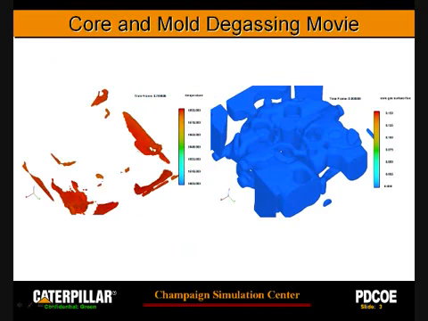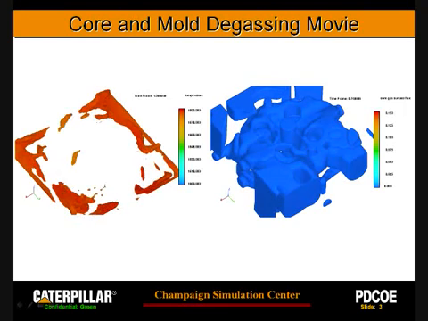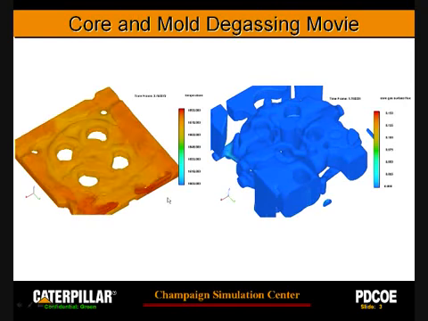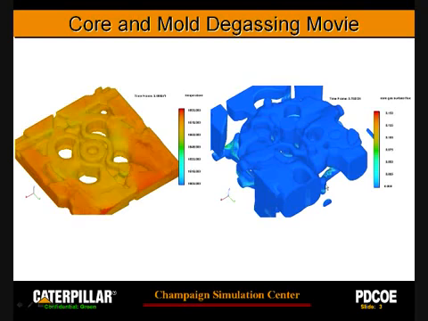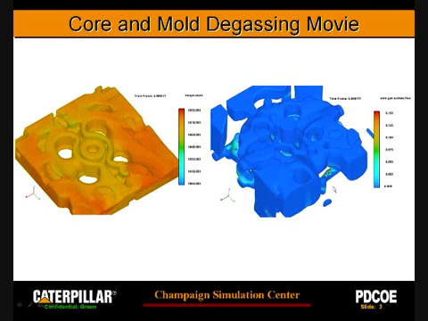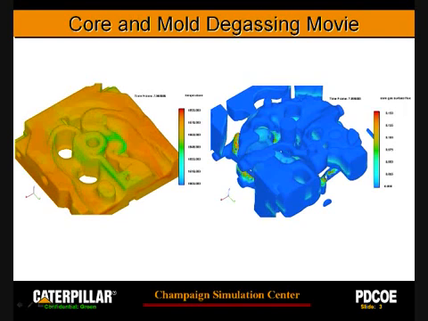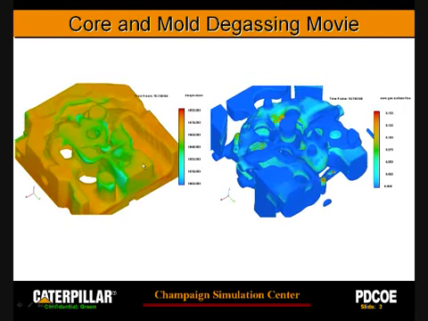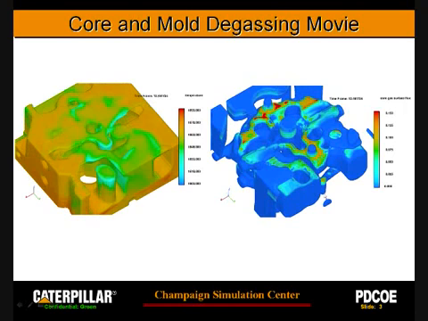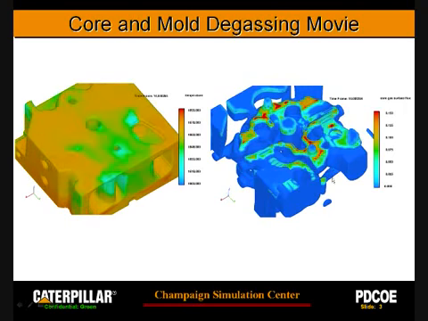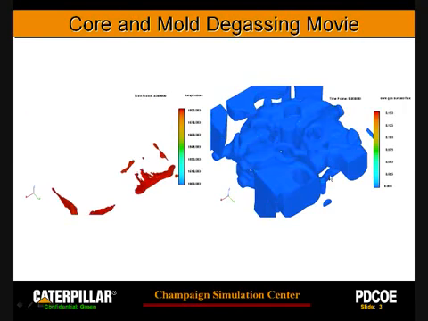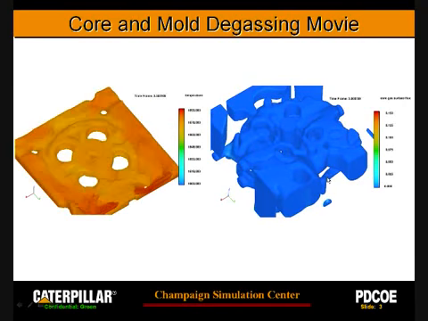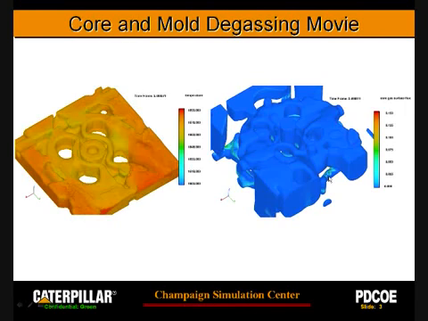Here I show a movie of the feeding. On the left, the metal rises in the mold cavity, and on the right, you can see the core assembly, where it starts degassing and the gas comes out from the surface of the cores at each different stage. When the metal fills higher, you build more hydrostatic head, which suppresses the core gas. That's why initially the cores at lower positions gas, and at a certain point, when the metal head is high enough, it suppresses the outgassing into the metal. So that's what you see here. I will let it run another time, and then I can move on to the next page.